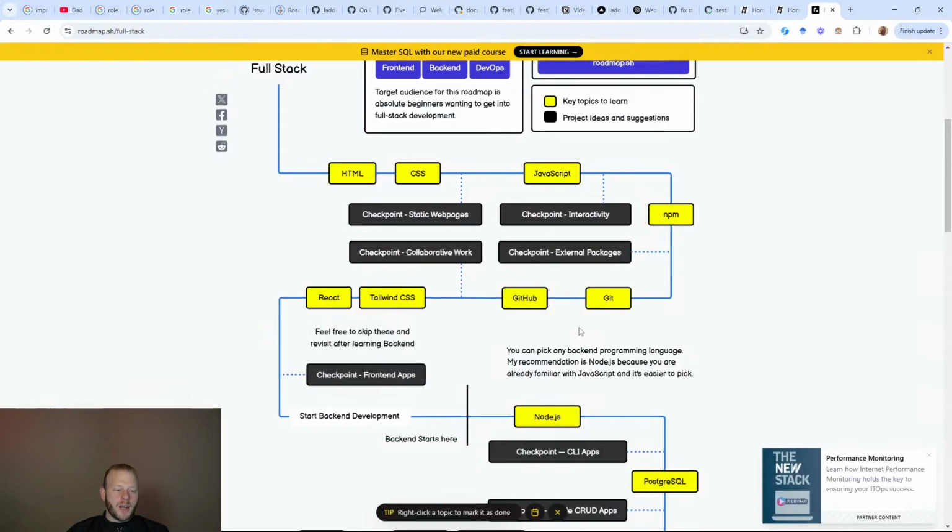Here's a concern that I have. Git is down here. How many days have gone by before you're learning Git? With the laterally introduction, you're starting your GitHub portfolio on day 1. It gives you an introduction to Git within 15 minutes. Within 15 minutes, you start building a public profile. So if you go the laterally way, you're all the way down to this node by minute 15. And there's no need to concern yourself about checkpoint external packages. So I think the ordering is a bit wrong there.